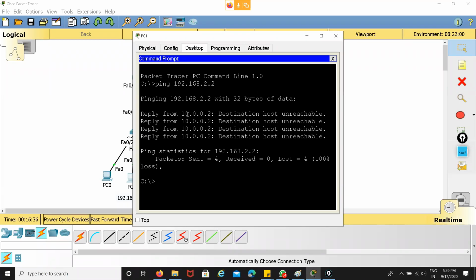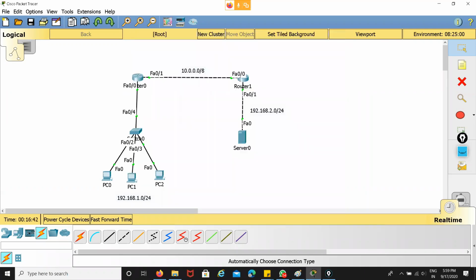That simply means that the packet is dropped on the interface 10.0.0.2, the FastEthernet 0/0 of this destination router. The packets received on that interface are checked against the ACL, or the policies that I implemented on it. After checking, if it finds the traffic acceptable to this network, it simply allows it. If it finds that particular packets are not acceptable, it simply ignores them. So this is the concept of ACL.